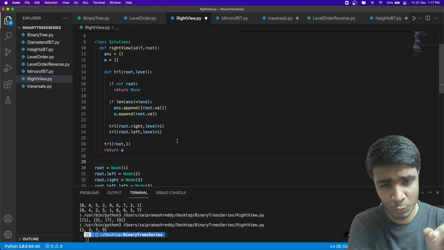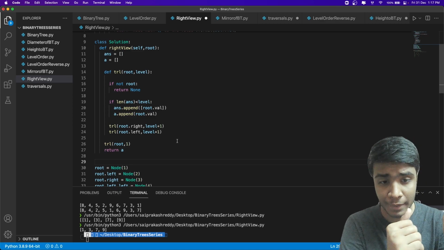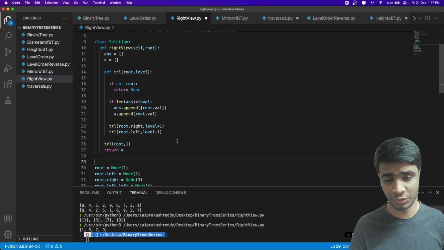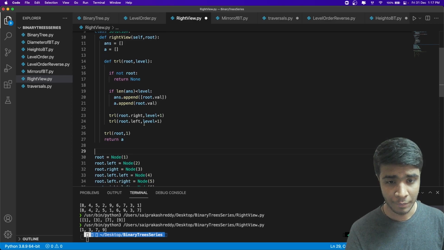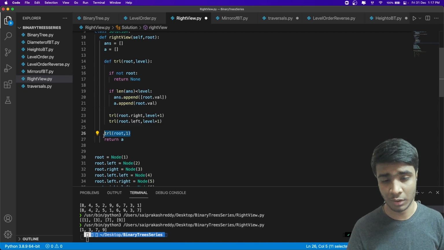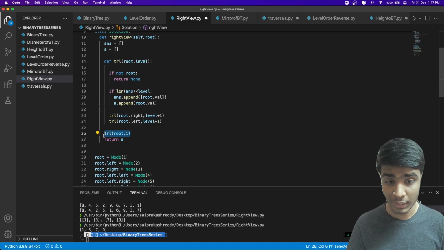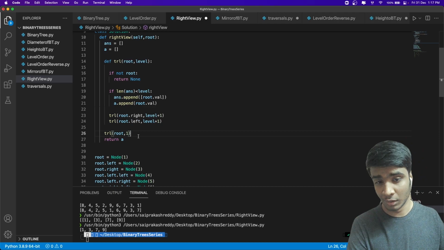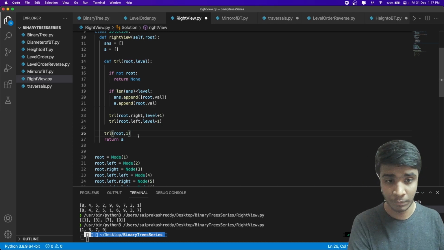So what we did is we had an answer array, and the idea of having this answer array is to track the levels at which we are, right? So for each recursion call that we are doing, we are maintaining the information of what level it belongs to, and this is highly important. We have to understand it. So root I'm calling level one, so all the children will become level plus one plus one plus one, right?